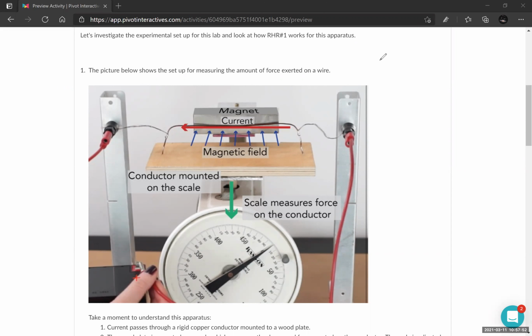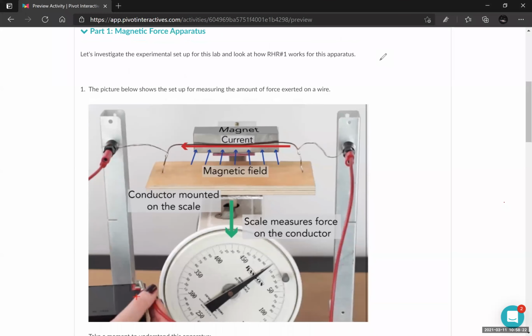Now, as this charge is moving from right to left, that represents the direction of the current. Into the page, there is a magnetic field, which means that they are perpendicular. So the current, length of the wire, and magnetic field are perpendicular to one another. So as soon as we turn on the power source and there's a current running through the wire, the magnetic field is going to exert force on that wire. And that force strength can then be measured